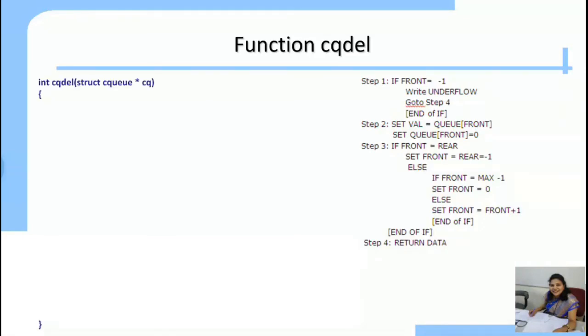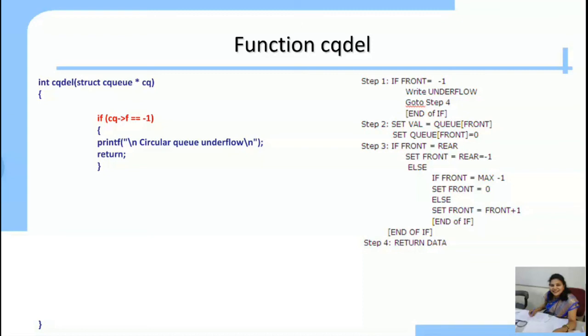This is the algorithm. Now see, CQDel is the delete function of the circular queue. We are passing only the structure pointer variable, that is pointer CQ. We cannot pass the element that we are going to delete. Why? Because the element which is at the front will get automatically deleted, because a circular queue follows the first in first out principle. So step 1 is checking the underflow. In the function we write, if f is equal to -1, that is CQ of f is equal to -1, then circular queue underflow, we cannot perform the delete operation, so we return.